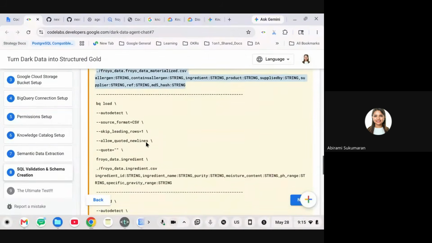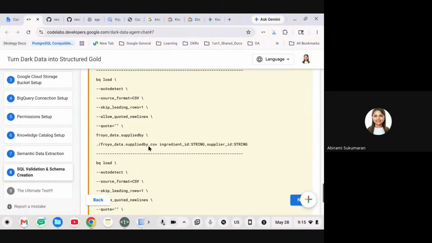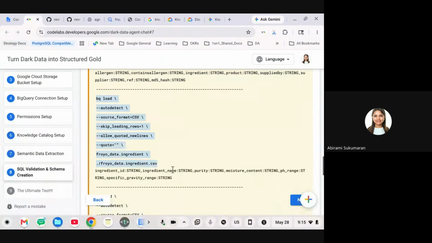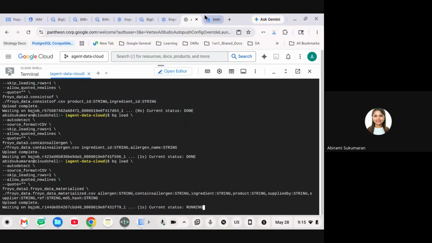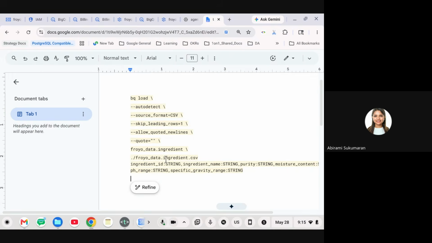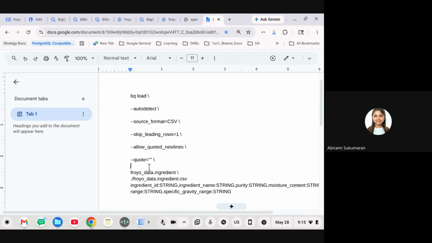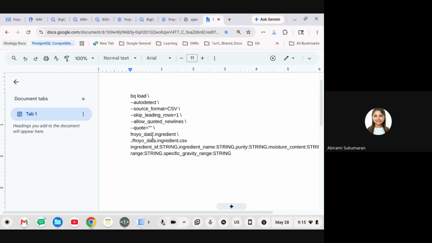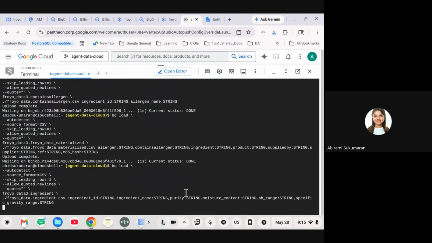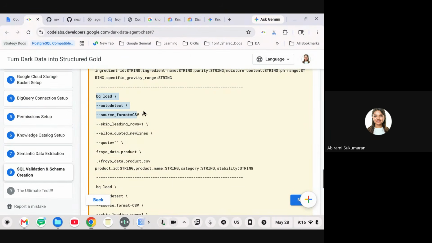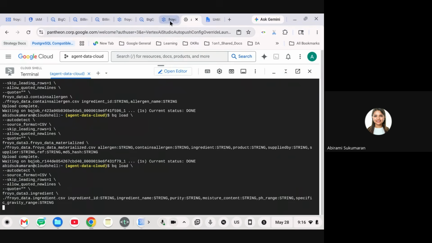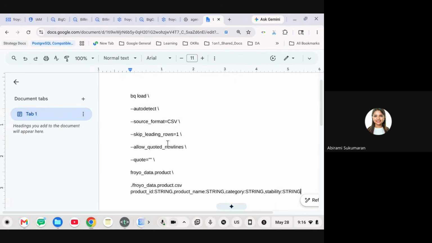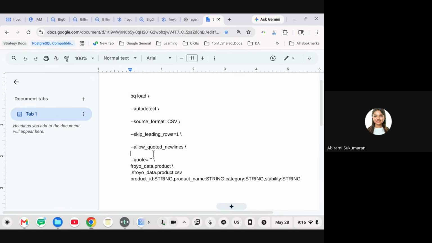I still have 4 tables to go. 4 tables complete. Third last table. I'll make this ready while the other table is creating.